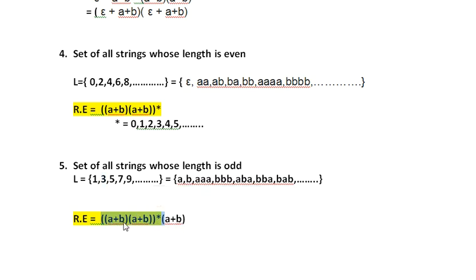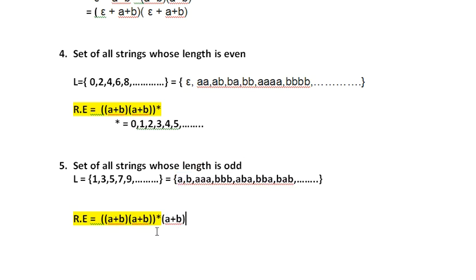If I take it as a whole, then it will be length equals to 1, length equals to 3, length equals to 5, 7, 9. How? If I put asterisk equals to 0, then it will be entirely epsilon. Correct. This will be entirely epsilon. So the answer will be only A plus B, which is the initial one.